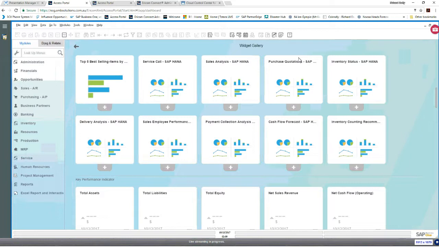Whereas with SQL Server, it's possible to build these kinds of visualizations, and you can build them using tools like SAP Lumira. You can build them with tools like Microsoft Power BI or tools like QlikView. You've got all these different solutions that are available to you, and you can hook those into your SQL data, and you can build those dashboards. But of course, with HANA, they're all pre-built for you.